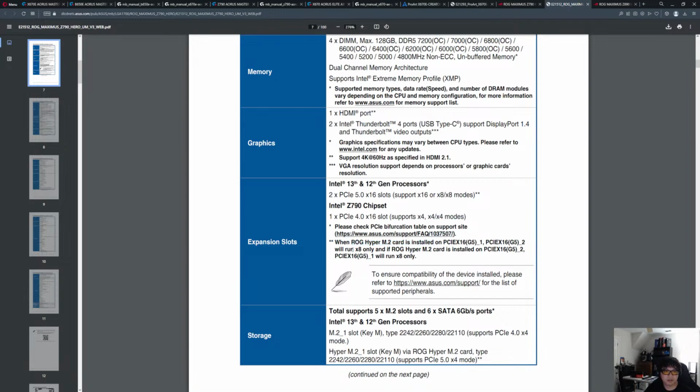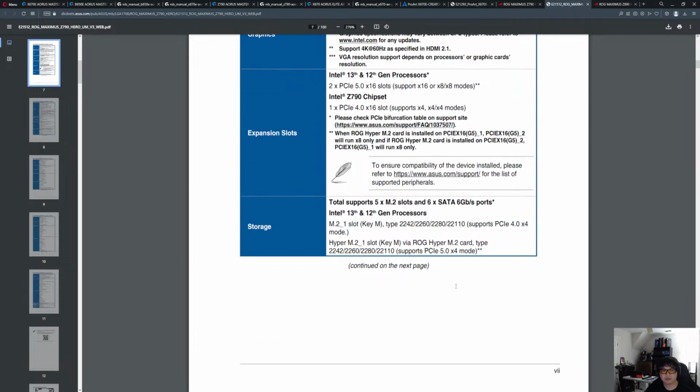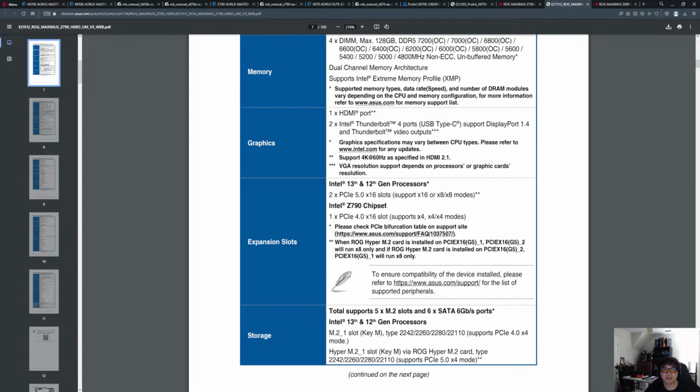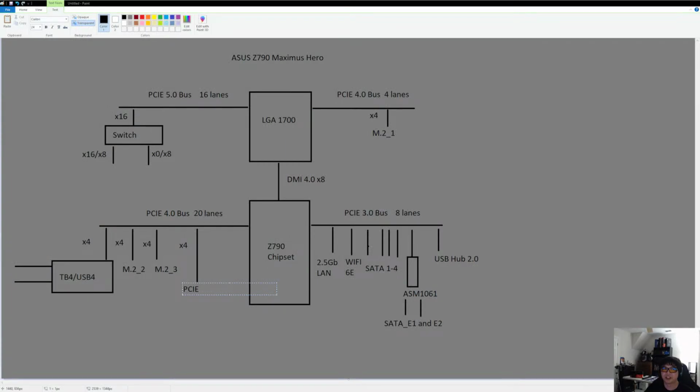Hyper M.2 is installed will run X8 only. I do like this third slot. It says it supports X4 and X4x4. That's so weird. So it's like it's always bifurcated. Which means you cannot do X8 in this slot. So it is a permanently bifurcated slot. And it cannot be unbifurcated, which means you cannot unify those lanes. So this can do X4 or X4x4